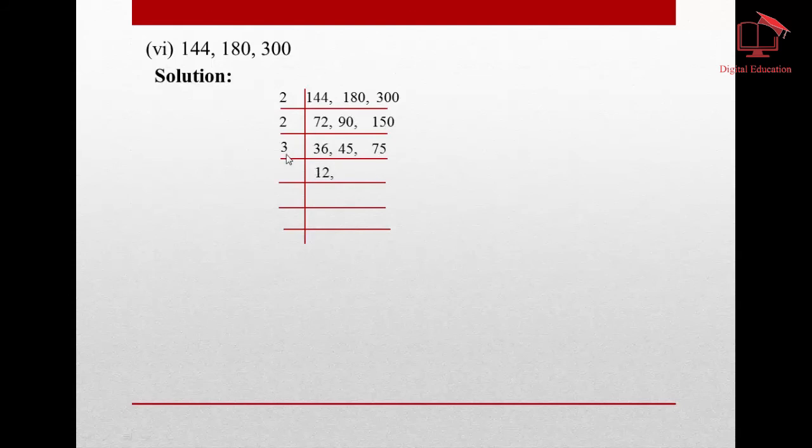Now students, we will take the table number 3. 3 1s are 3 and 3 2s are 6. 3 1s are 3, 1 carry, here we have now 15, 3 5s are 15. Now students, 3 2s are 6 and 1 carry, 3 5s are 25. Now we will continue table number 3, 3 4s are 12. Now 3 5s are 15 and 24 is not a common multiple of table number 3. Now we will change our table to 2: 2 2s are 4 and 5 and 25 as it is. Now 5 1s are 5 and 5 5s are 25.